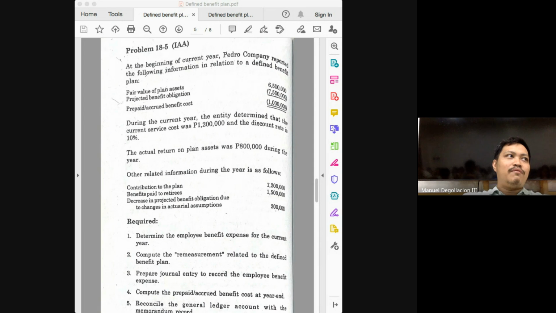It's important for you, class, to solve all these things as you try to practice, so that you will know where to look for these items if ever you will need them when you are asked to work back. Okay? Not all problems will require you to solve for all the things I've asked you to solve in these problems. But by doing them as we practice on these problems, class, you would know where to look for whatever is needed to solve for what is being asked in the problem.